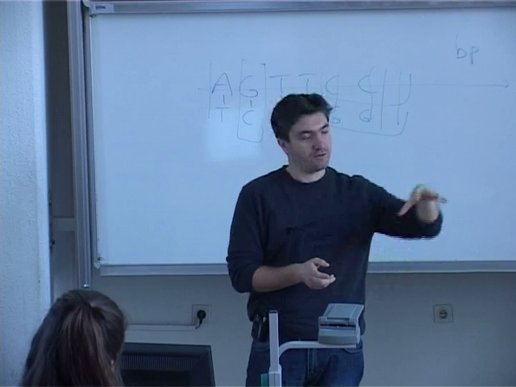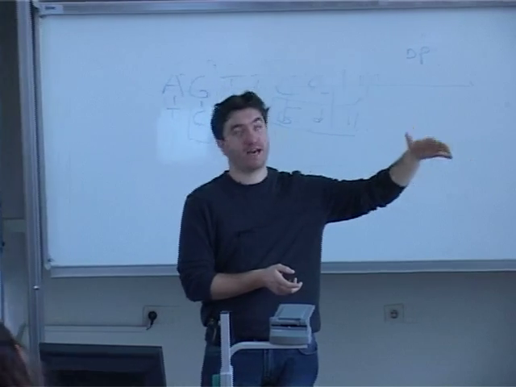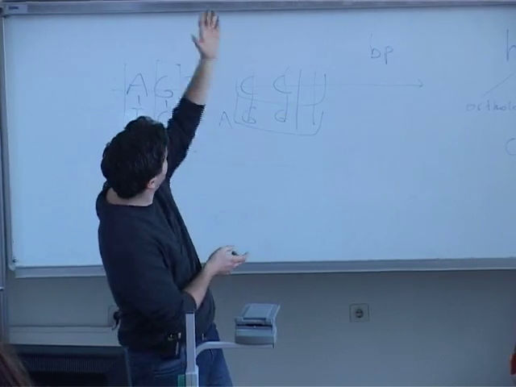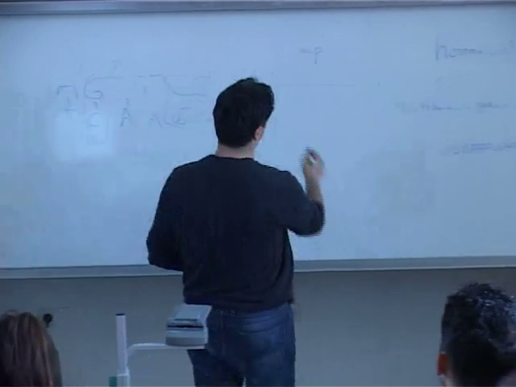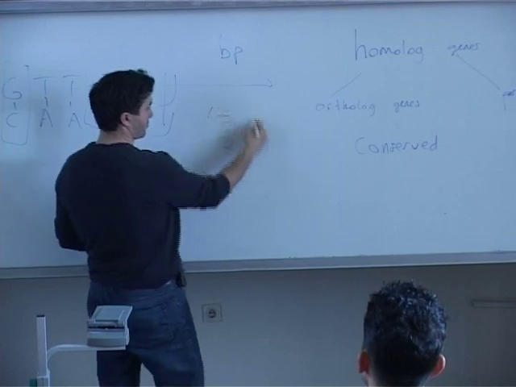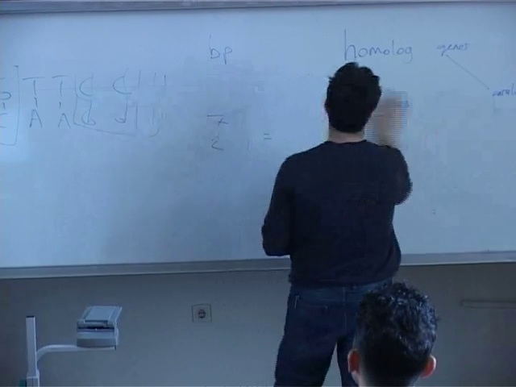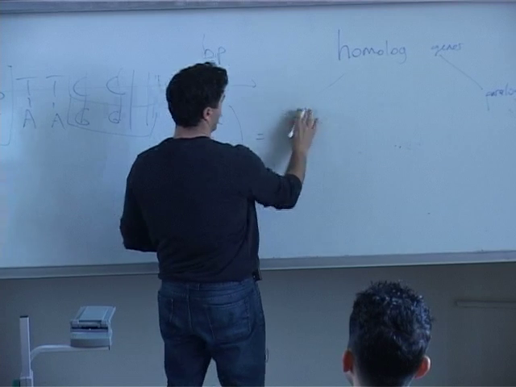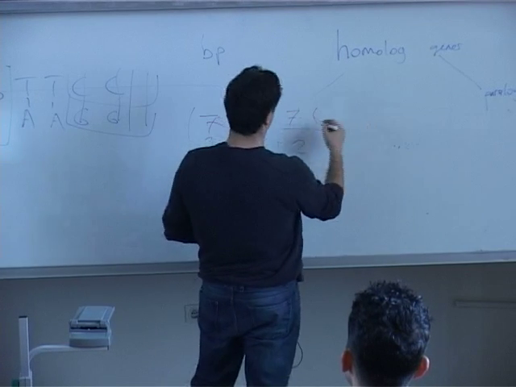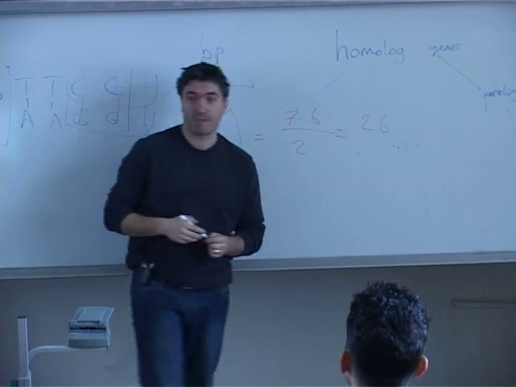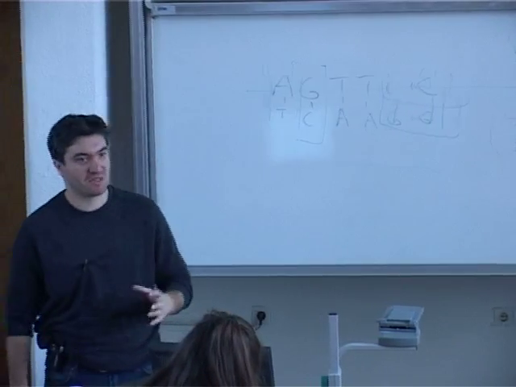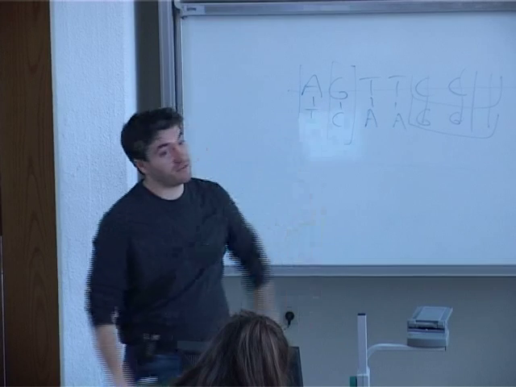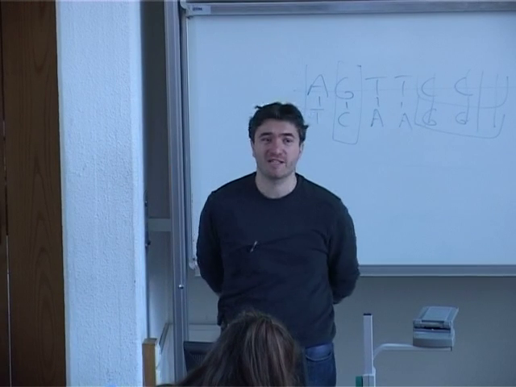And we can say, out of these, for example, n square pairs, how many do we have here? 7 sequences. We are given 7 sequences here. Out of these 7 sequences, how many pairwise alignments are possible? 7 choose 2, which is 7 times 6 divided by 2, which is 26, right? So we have 26 pairwise alignments. There are 26 possible different pairs between these 7 sequences. So if you do 26 pairwise alignments,